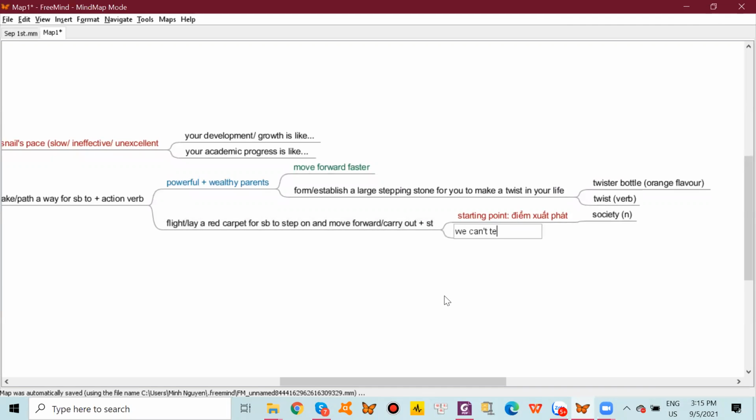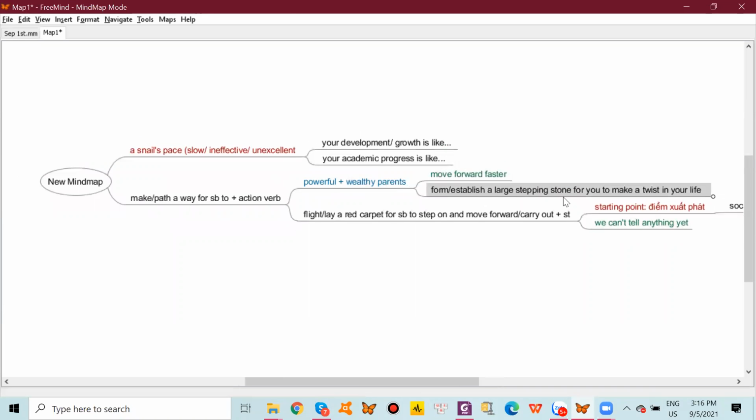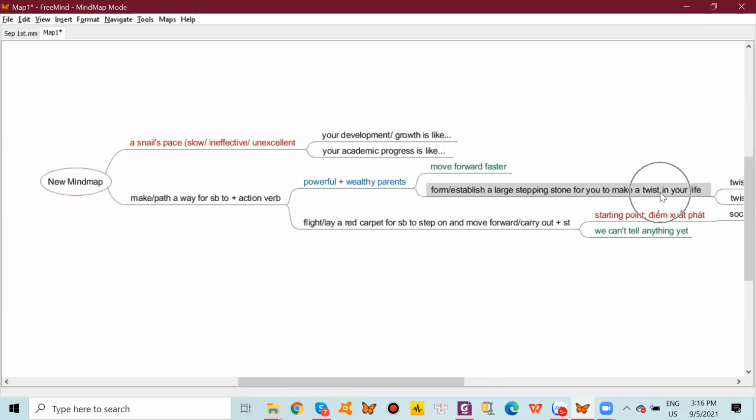Như vậy mình có cách nói là we can't tell anything, we can't tell anything yet, mình chưa có thể nào nói được bất cứ cái gì cả. Ở đây mấy bạn hãy chú ý rằng mình đang có cụm từ là stepping stone, thứ hai là make a twist, thứ ba là path away, có nghĩa rằng là dọn sẵn đường cho